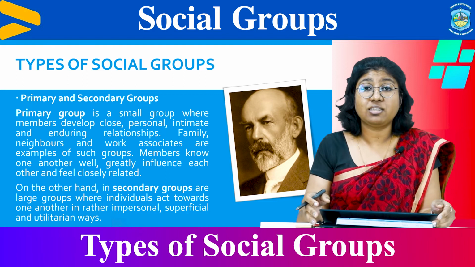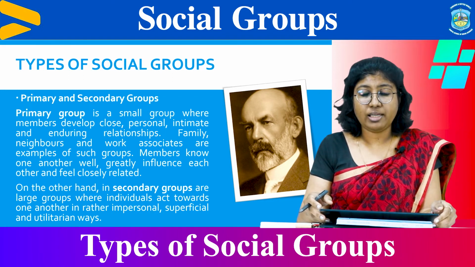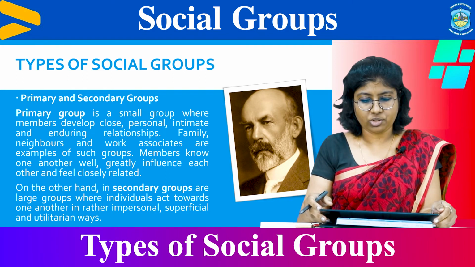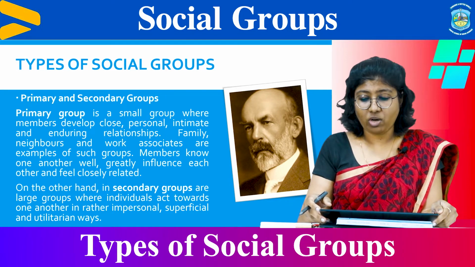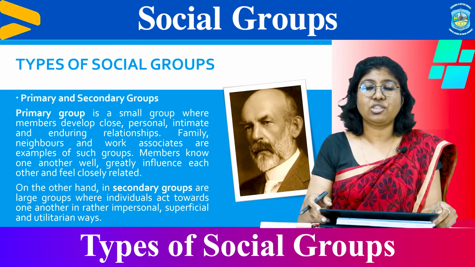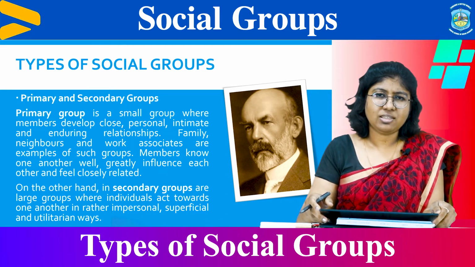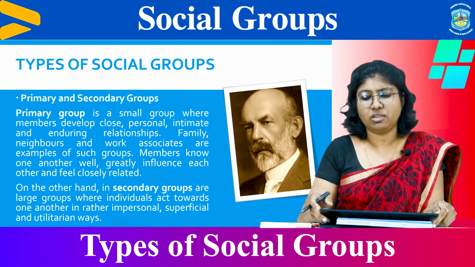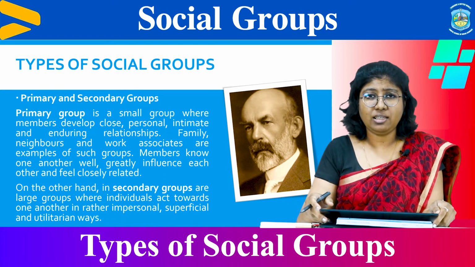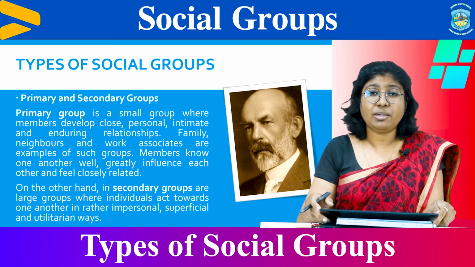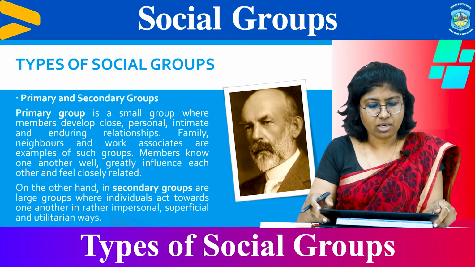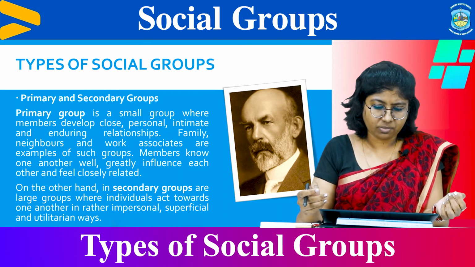Having known the characteristics of social groups, let's move on to the types of social groups. One of the major classifications was given by Charles H. Cooley, the gentleman that you can find here on the slide. So he actually discussed just about primary groups, and later down his colleagues conceptualized secondary groups. So now what are primary groups?